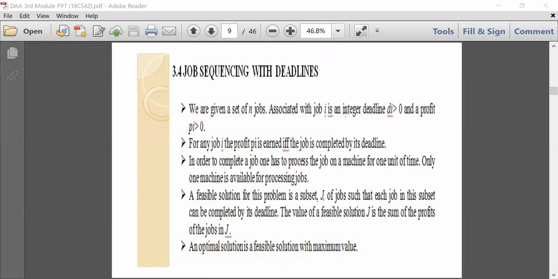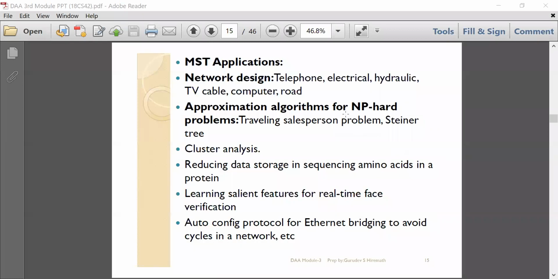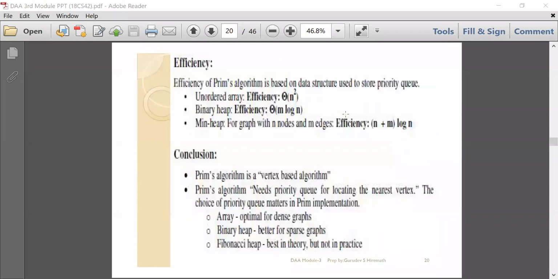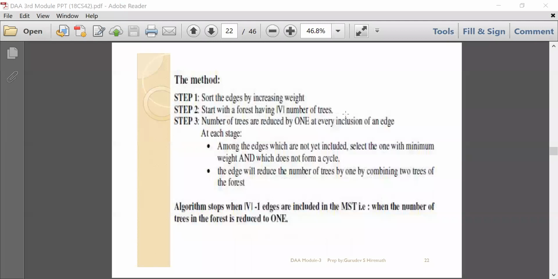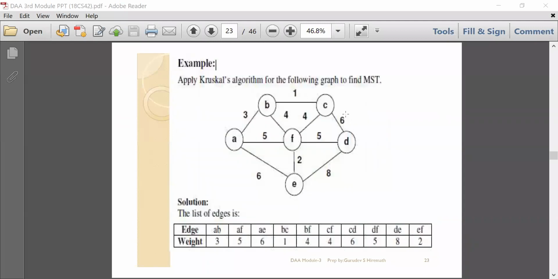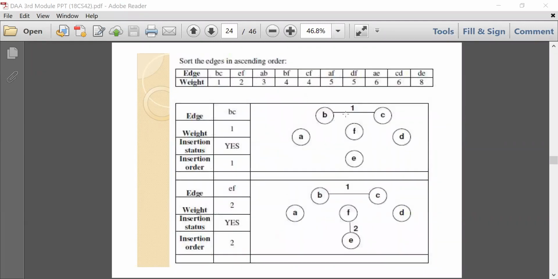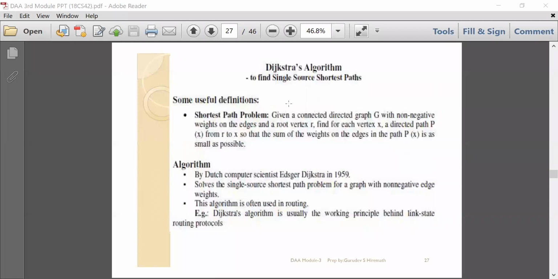Today we'll continue with Dijkstra's algorithm. Again, it is quite similar to our Prim's and Kruskal's algorithms. Okay. The main purpose of Dijkstra's algorithm is to find